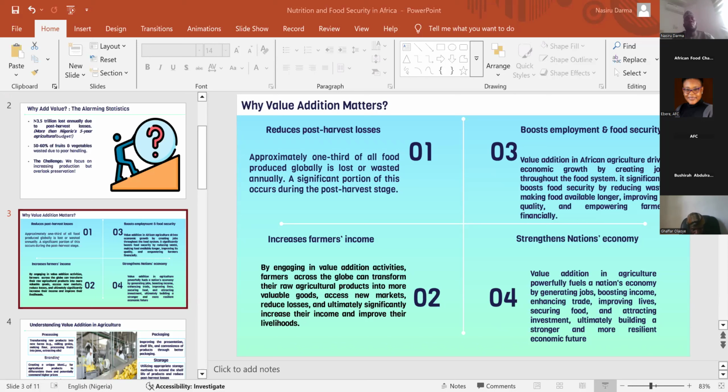Now, the number one on my list: improve access to nutritious food. Processing helps preserve nutrients and extend availability. Let's take perishable commodities, for instance, something like tomato, other fruit. Imagine a situation whereby we can extend the shelf life of tomato to go beyond just the 30 days that is available out there, because even the improved varieties can only last for 21. That will help us improve that, so that is going to help us preserve the nutrients that are available there and also extend its availability,